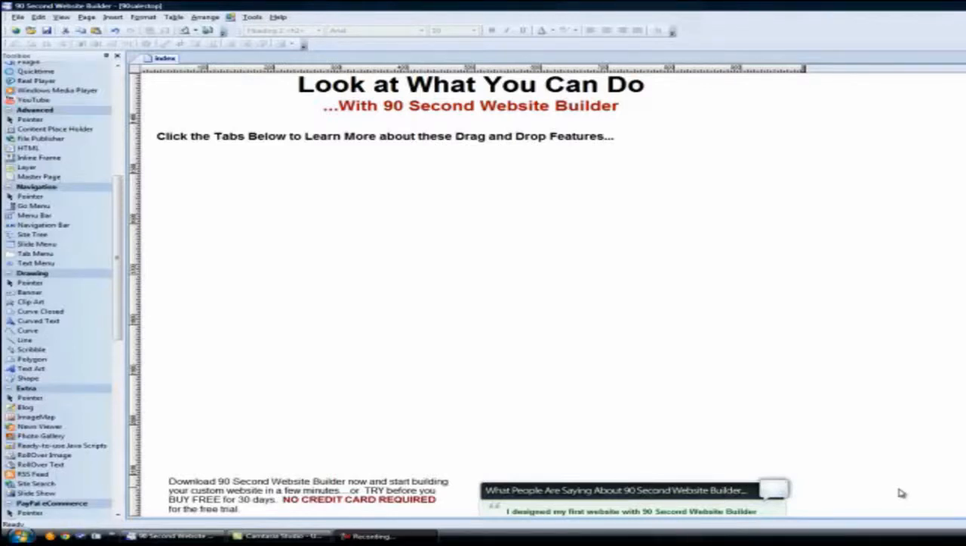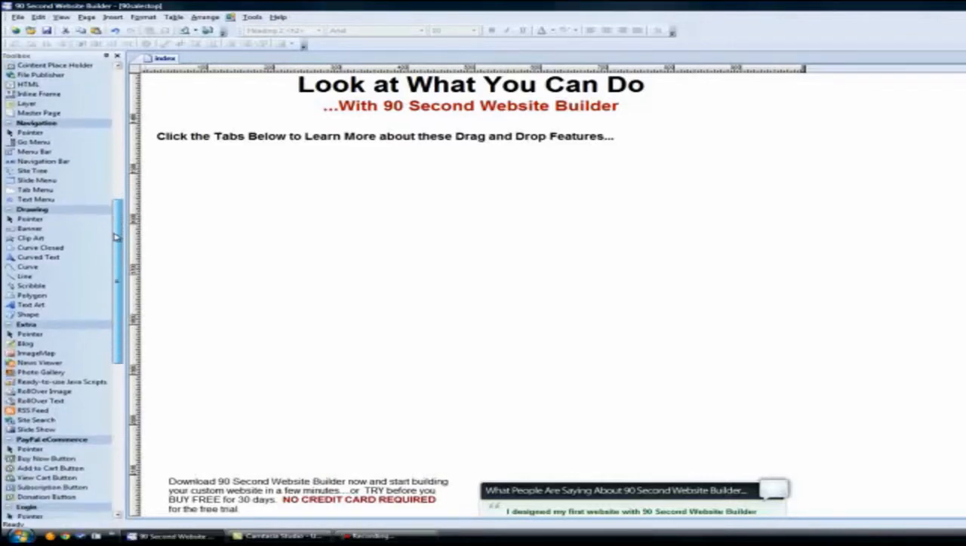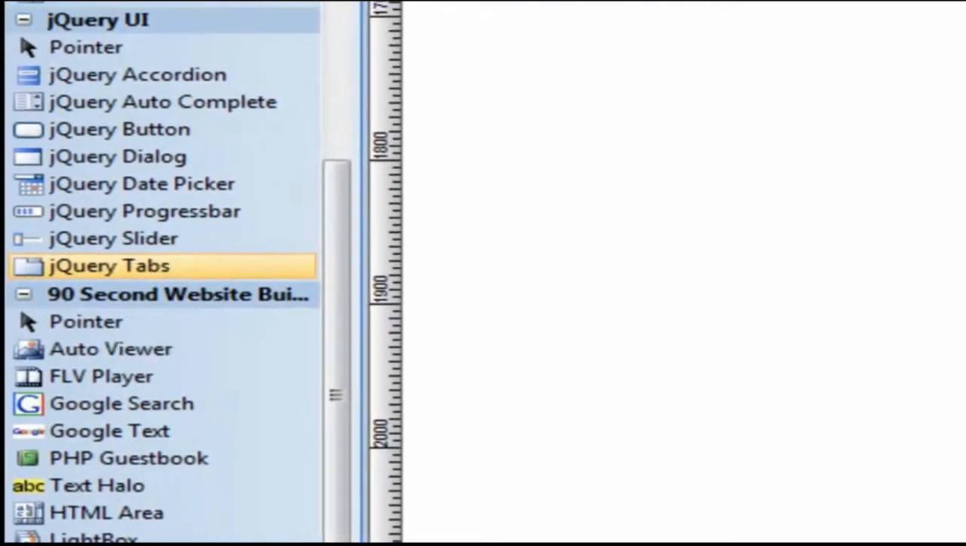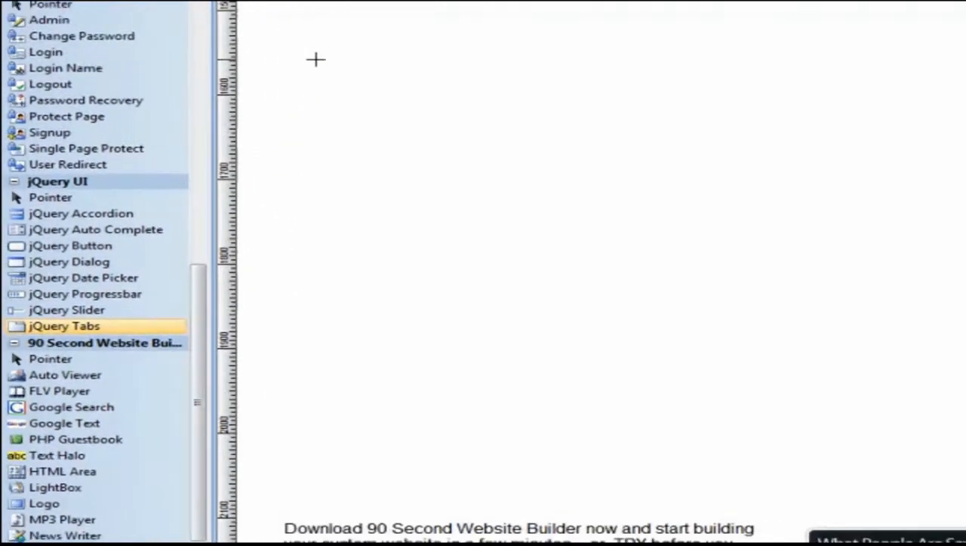You know, there's a lot of ways to make navigation on your website using this software. I'm going to talk to you about one specific way I like a lot. It's one of the jQuery tools, and it's called jQuery tabs. I used the jQuery tabs on my own website, 90secondwebsitebuilder.com, and so I was going to show you how I